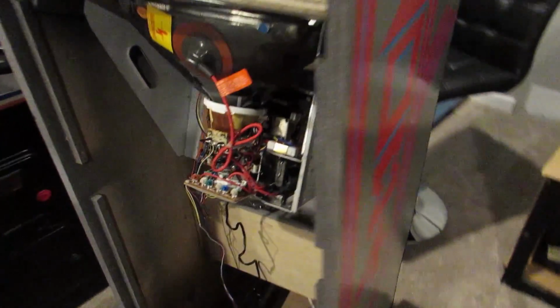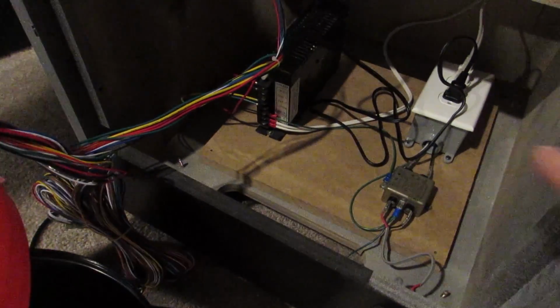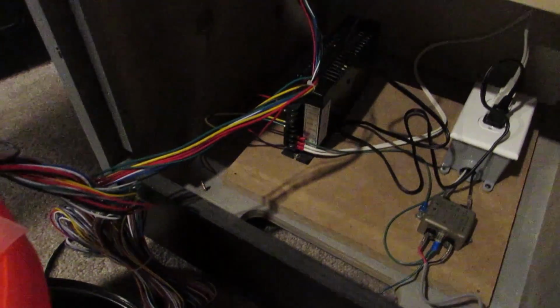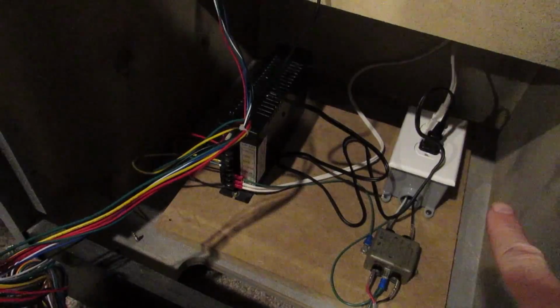So I just finished up doing the power section for the Robotron Mini, and here it is sitting in the bottom of the cabinet. It's not screwed in or anything. I'm just kind of testing a couple things to make sure everything works. I've got everything plugged in. I've got that black power cord that goes to my monitor, and there it is up there,